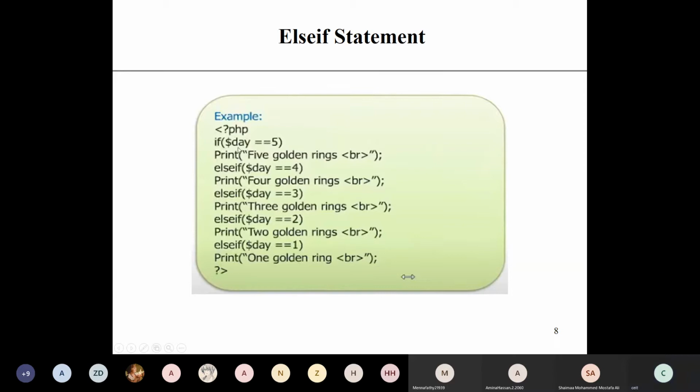It will check this condition, if this condition is true, then it will print this. Else if it will check this condition, if true, then it will print this. Like this, based on your data, it will check multiple conditions. Then whichever condition is true, it will print that.